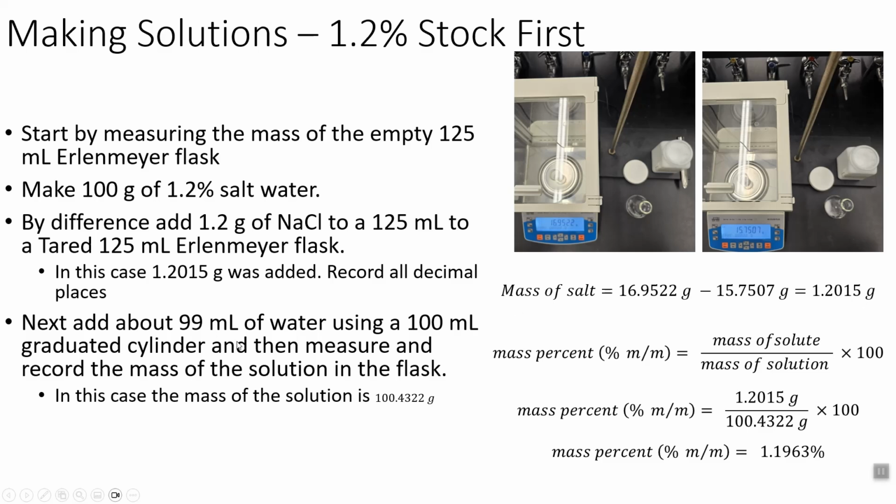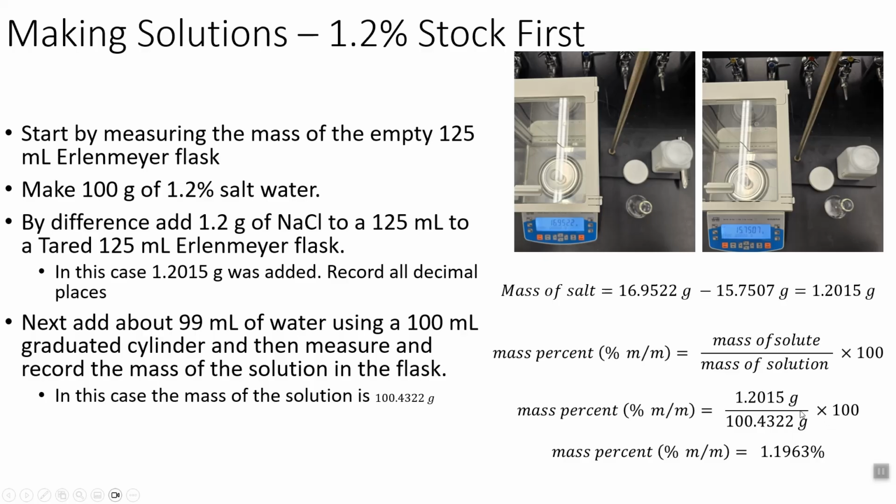Next, we're going to add 99 milliliters of water to this flask. Once the salt is in it, make sure that you add the water not over the balance. Then you can swirl to dissolve the salt to make the solution. Once you do that, you're going to record the mass of the whole thing. Since you have the mass of the empty flask and the mass of the solution in the flask, you can subtract, and in this case the mass of the solution is